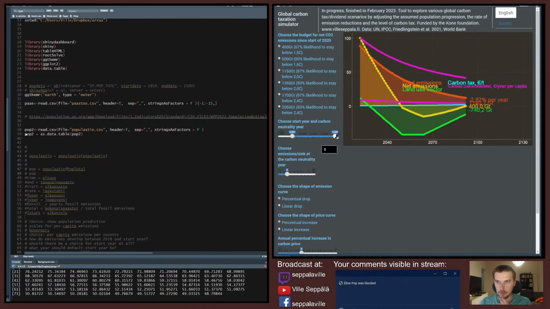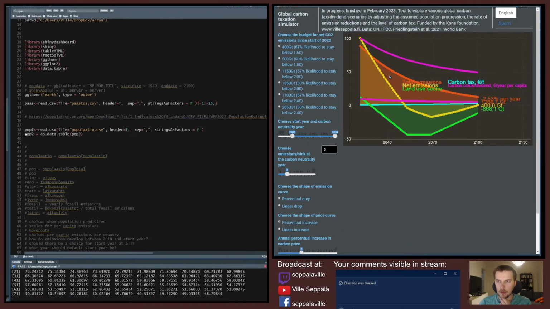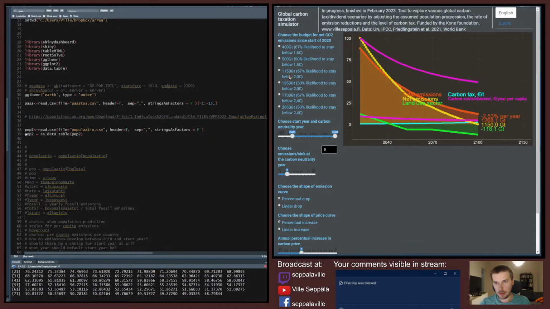I did some work on the carbon cost curve here, and now I'm thinking about what to do next. Earlier I was thinking about how to fix the scaling thing, or those number labels on the sides, like how to make all of this fit together. But for now I think I'm gonna